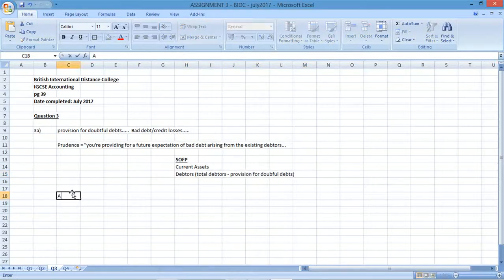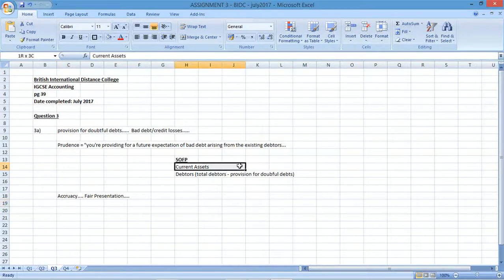You might even talk about accuracy, in terms of fair presentation. So you're not going to show the users the gross amount, you're showing the users the net amount, which is actually more accurate, and it's a better representation of what is actually going to happen based on past experience. Your estimate might be incorrect. It might be a bit high or a bit low depending on the scenario, but it's a general expectation in terms of